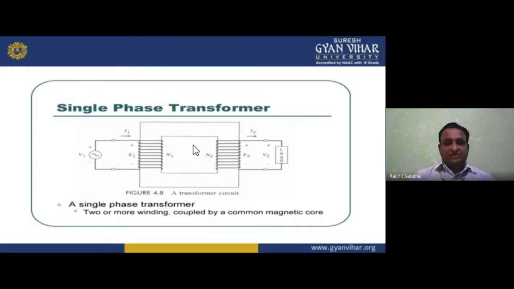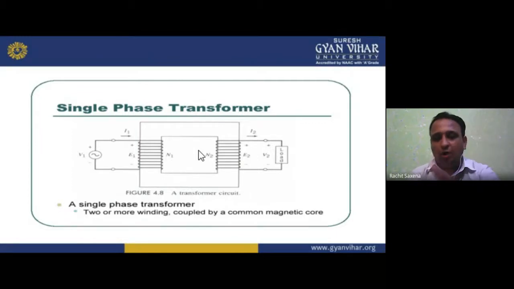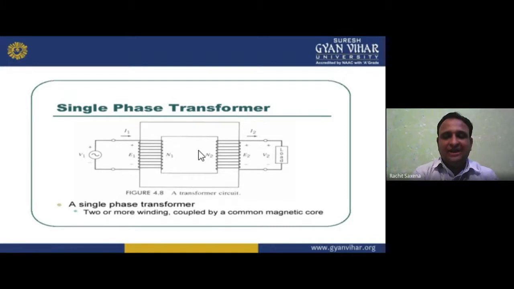Single phase transformer. So what is a single phase transformer? First thing I want to tell you, my dear students, is that in a transformer we have windings. There are two types of winding, primary and secondary, and both windings are wound on a core. If I give supply to a winding, that is known as the primary. If I take the supply out, that is, the load connection, that is the secondary winding. So on the primary winding we give the supply, and the secondary winding is connected to the load. The turns of the primary are N1, and the turns of the secondary are N2.